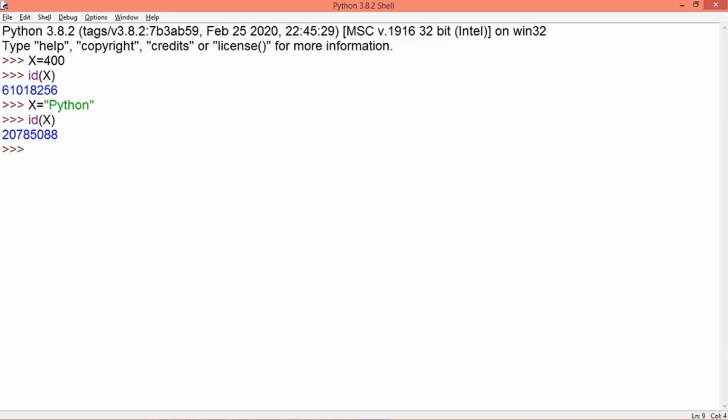For this, in the Python implementation, there is a counter maintained which keeps track of the number of references a particular value or an object can have. In this case, when x started pointing to the word Python, there is no more reference left for the object or the value 400. So the counter goes to 0 and the memory for 400 is taken back. So at the same time, when the allocation is done for Python, the deallocation happens for the value 400.